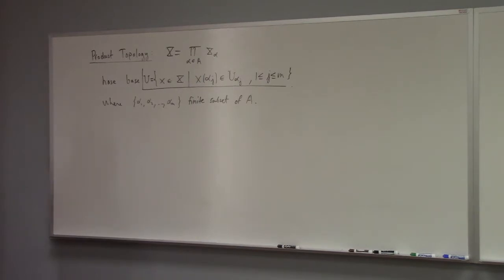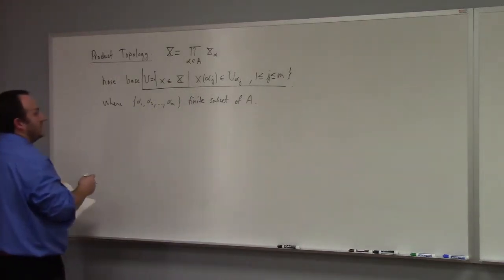So I drew a picture on the board when we were in the lab room to illustrate this. You're restricted to be in an open set in one of the factors, but then the other directions are unimpeded. And then if that's the base, that means unions of those things form the open sets in the so-called product topology. In contrast,